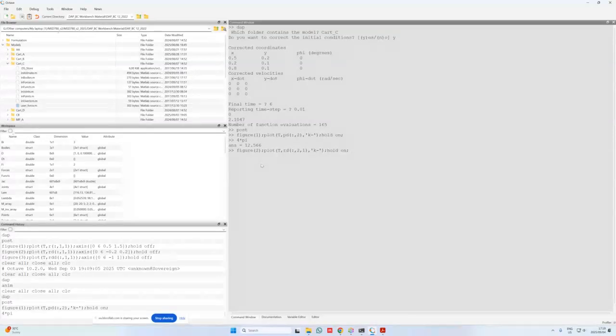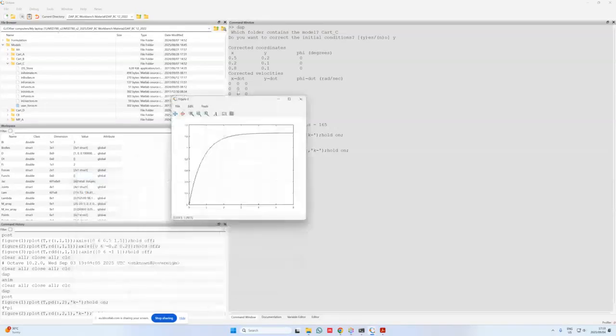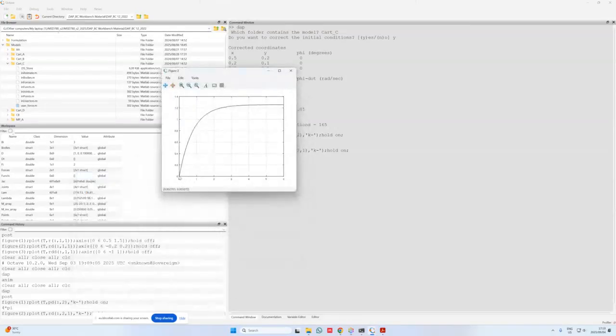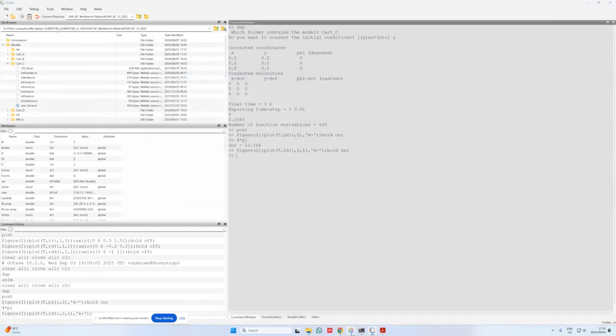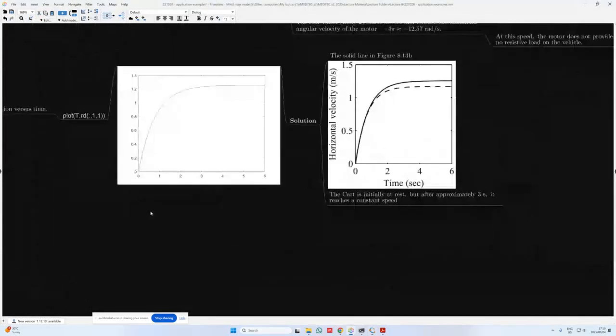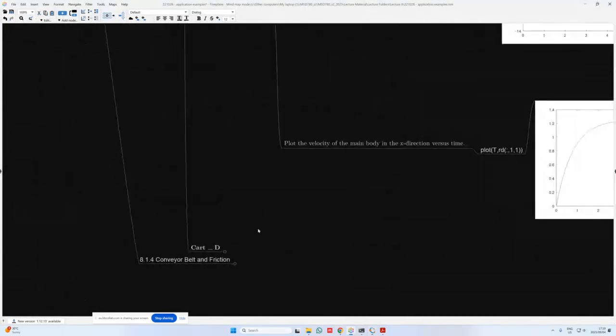I hit enter, and in this case I can see that the system starts at rest and it now attains a positive velocity. So the cart is moving from left to right, and it reaches a maximum velocity of about 1.25 meters per second. Okay. All right,